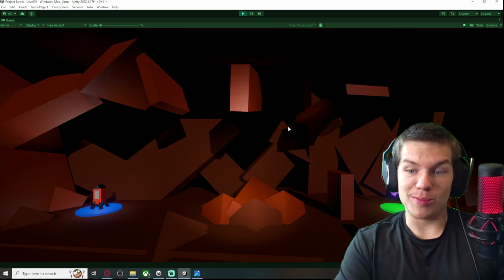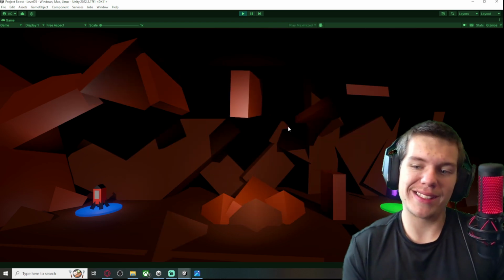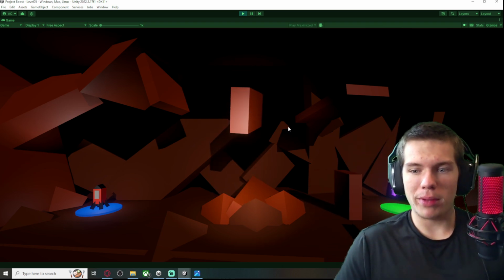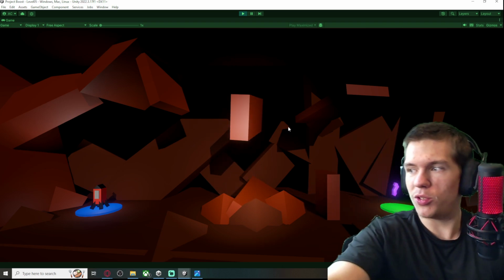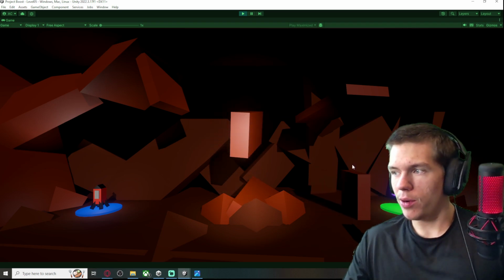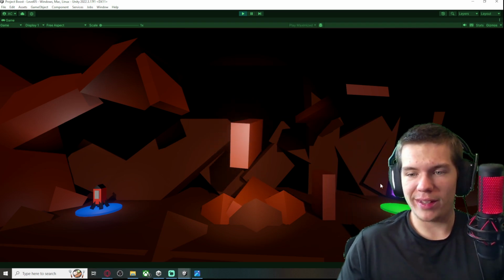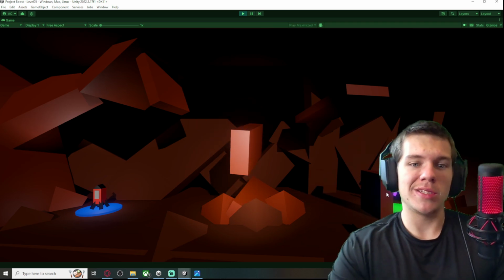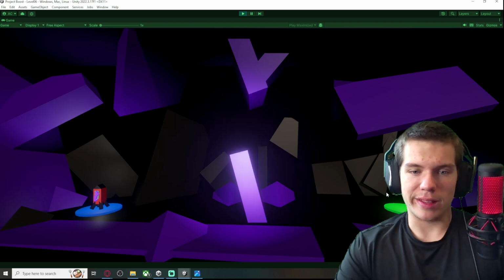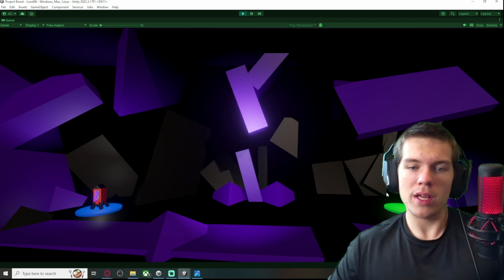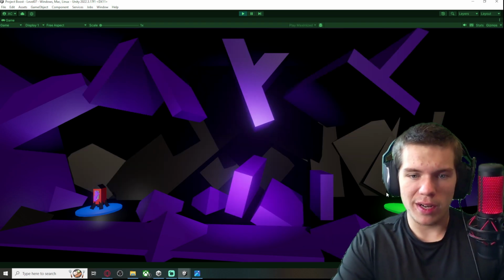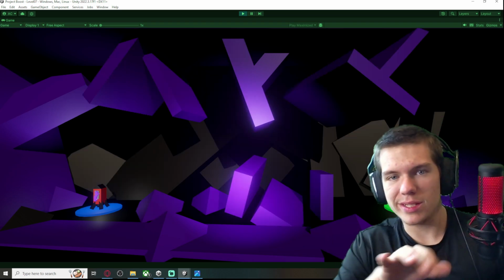This one has multiple platforms moving up and down, and I decided, why not add an extra cool story slash gameplay element. There's this crystal, kind of looks like an arrow, and you can see on the screen right here where my face is, there's a little crystal by the landing pad, and if you get that, it takes you to the next area, not just the next level. And this is the purple area, more platforms moving in weird directions, and then I believe the last level here is a tight squeeze through area.